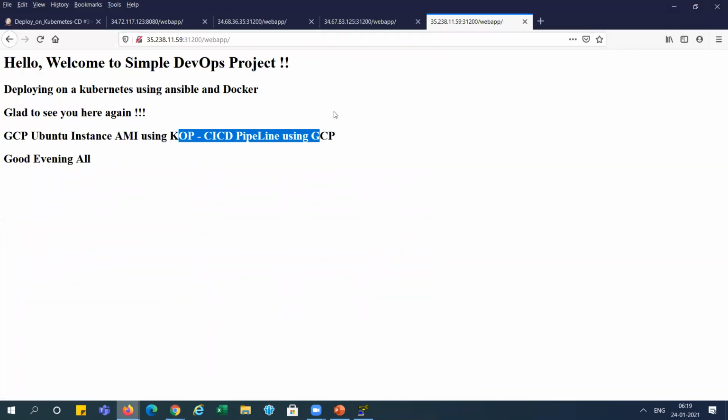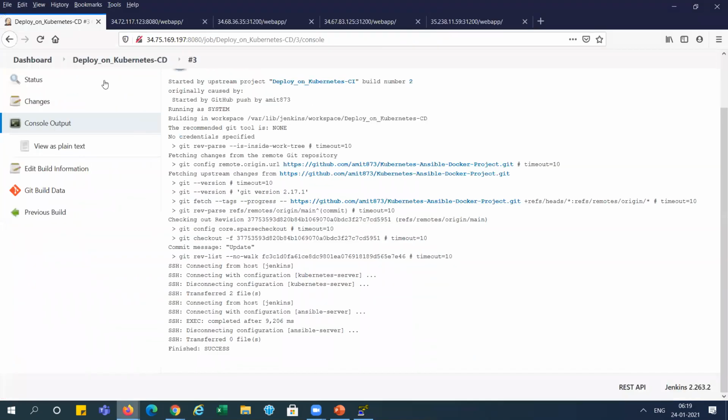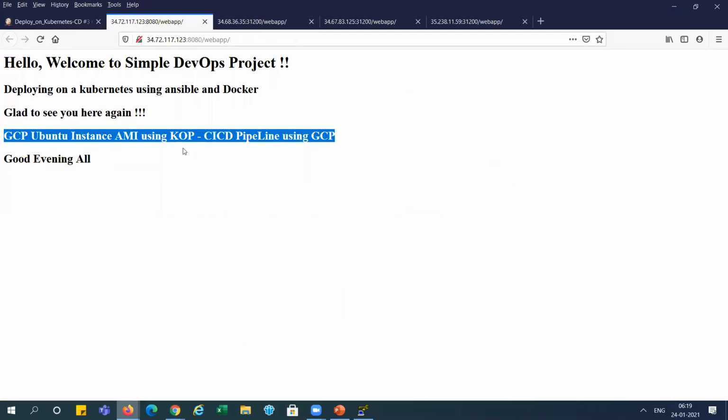So you can see that we have used this pipeline and deployed it automatically when the user just changed the code from the local system and checked it into GitHub, and our deployed application has changed. And all of those you can see here,